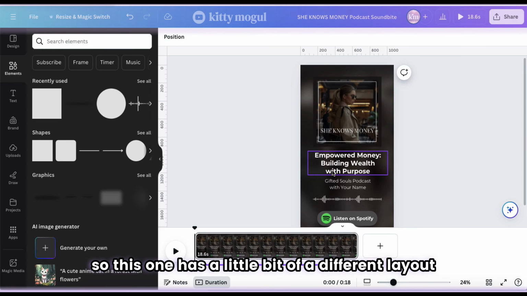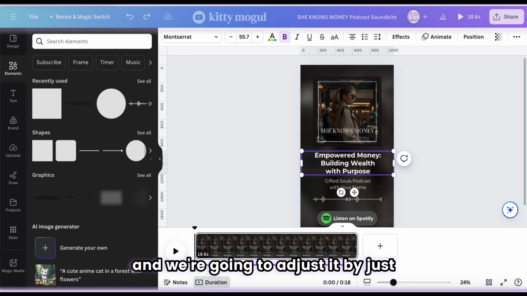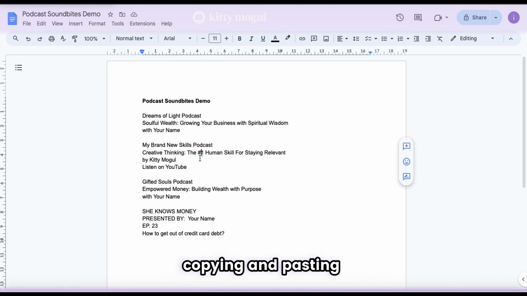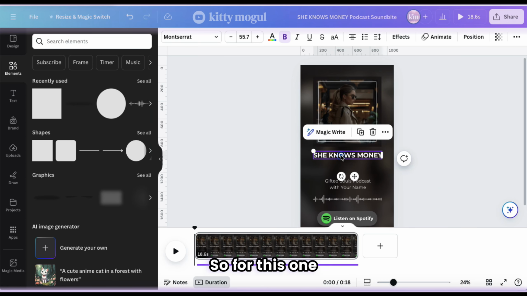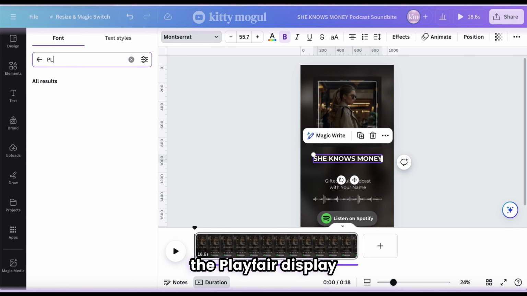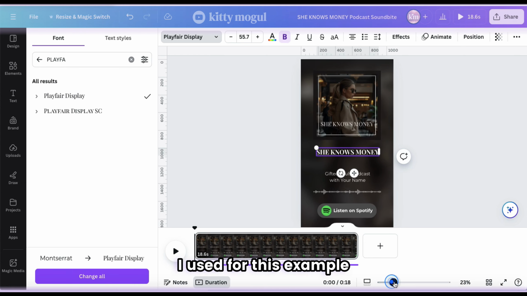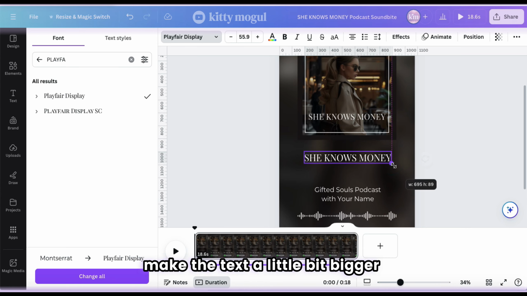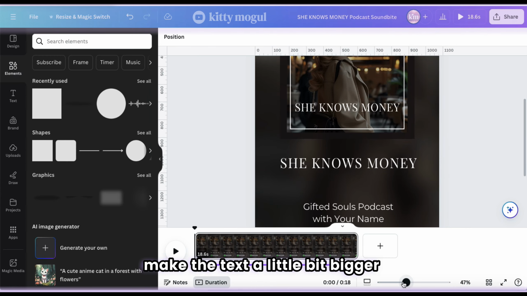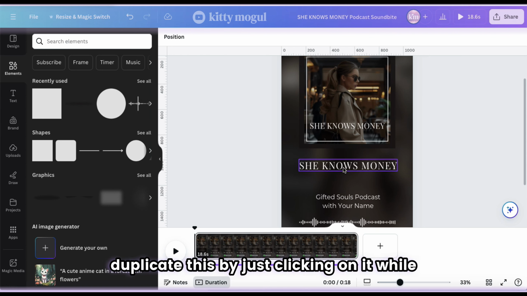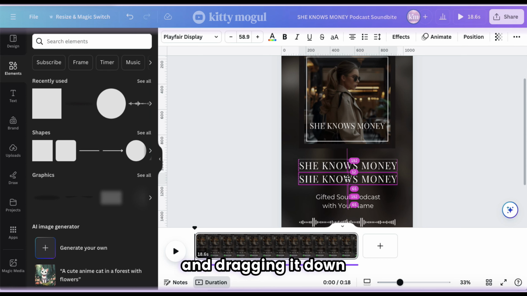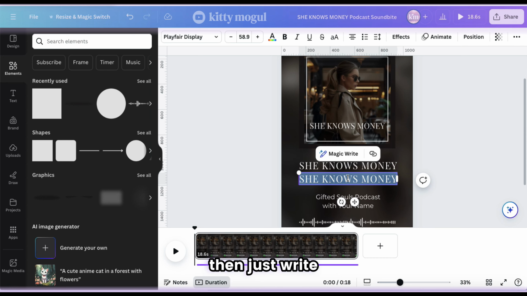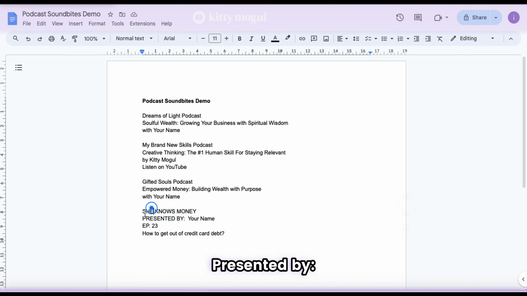And just make sure that's at the center. So this one has a little bit of a different layout, and we're going to adjust it by just copying and pasting the name of the podcast like that. And it's a little bit different. So for this one, the Playfair Display is the font style that I used for this example. So make the text a little bit bigger and then just duplicate this by just clicking on it while pressing the Option key and dragging it down. Then just write presented by,